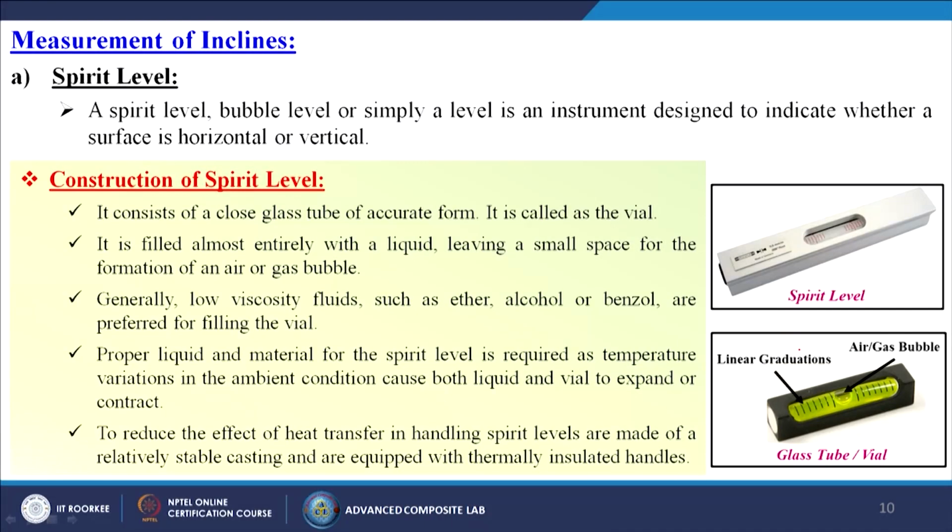Now, when we are measuring inclines, the first thing we use is called the spirit level. Basically, the precise equipment we use in our laboratory, like an optical microscope, has a spirit level permanently attached, where we need to put the machine into an exact horizontal position, so it should not be tilted.